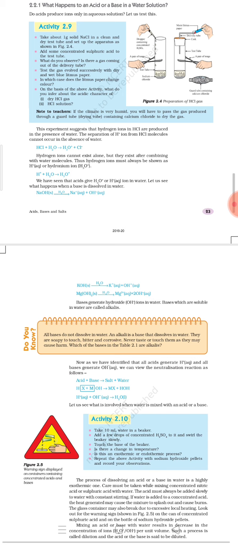So like this, you can take any acid and any base, and you will be easily able to understand what kind of product will form, because H2O is common. H2O will form in each and every case, and you have understood how it is formed. Apart from the H plus and OH minus ions, whatever two other ions are left, those two ions combine, and with that you get the salt as a product. So just remember this and you can make the product for any neutralization reaction.